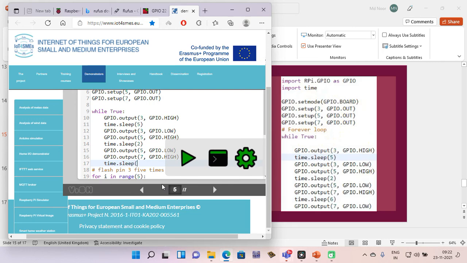How long you have to make sleep? That means how long you have to turn on the green. 6 seconds. Okay, green color for 6 seconds in our problem over here. Keep it on, then turn it off. Change the pin number to 7.